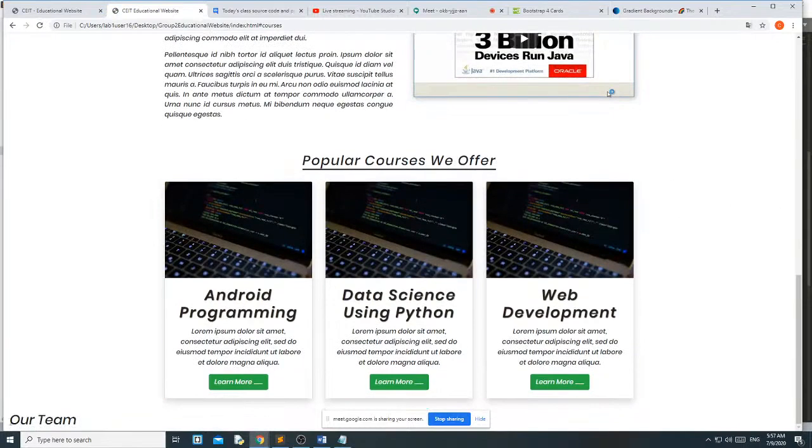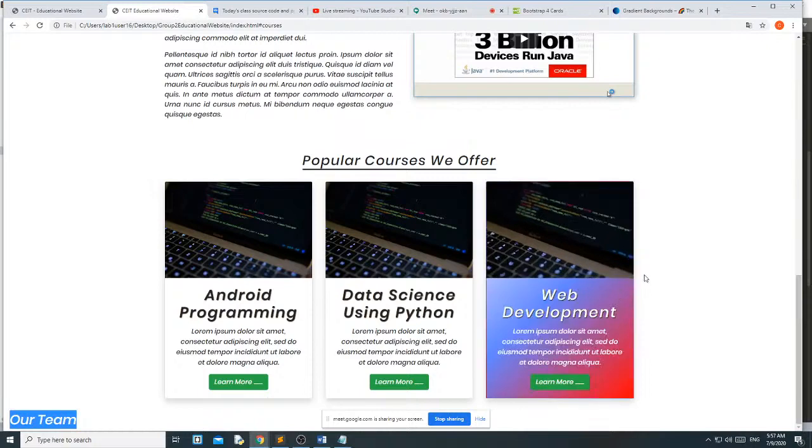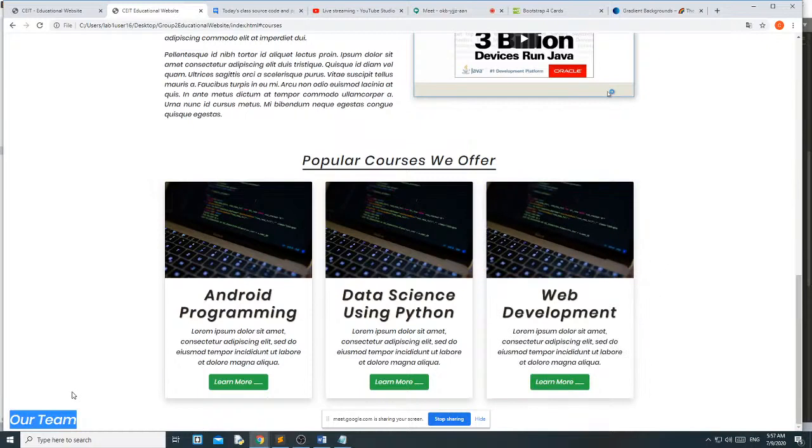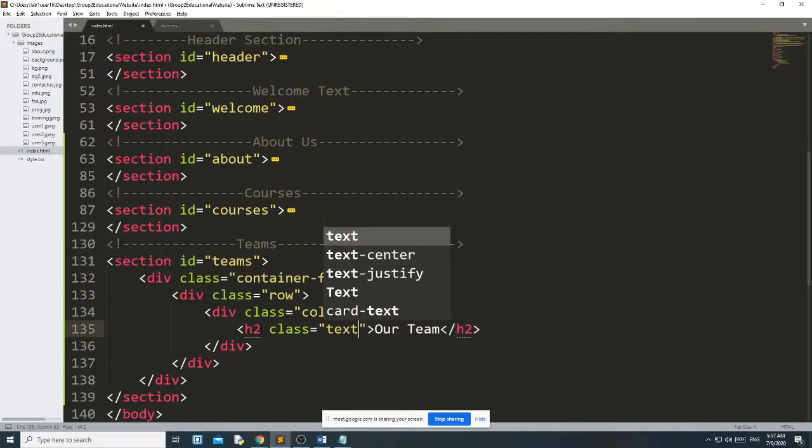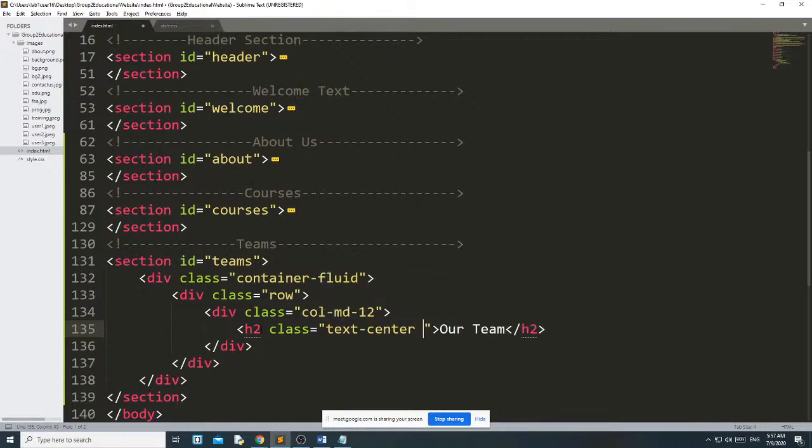See, it's coming here, our team. What I want is this one to be in center, and this would look like a title, and text is in dark. Then what I can do here, H2 class text-center, title text-dark, and this thing I just write in strong.